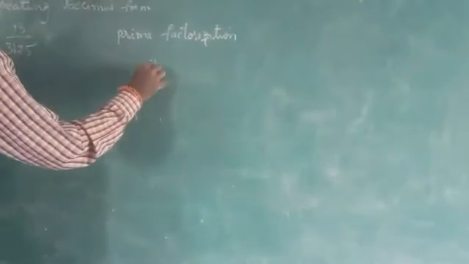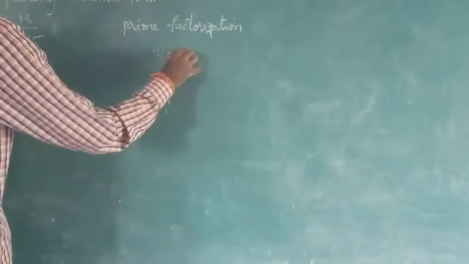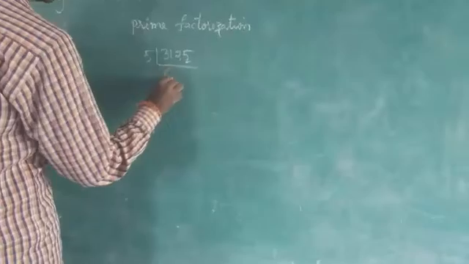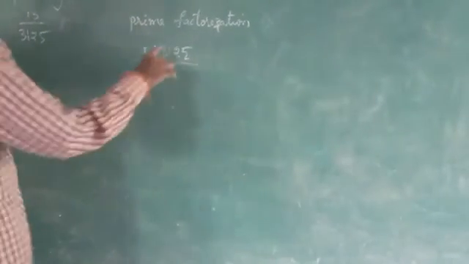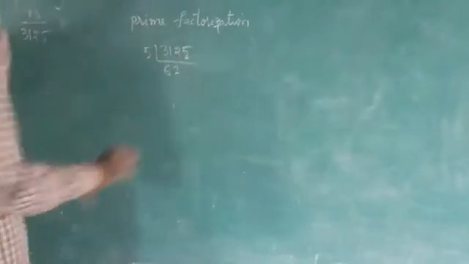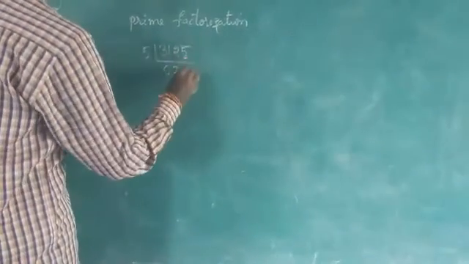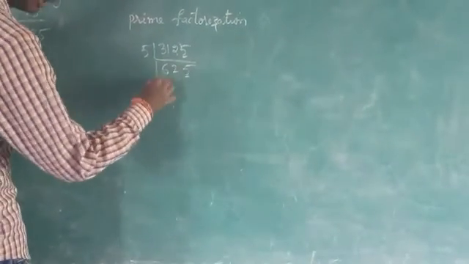So what is the area? 3120. What is the last digit? It is 5. So I would like to take the 5 table. So 5 6s are 30, 1 carry. So 5 2s are 10, then you will go for 25. So 5 5s are 20. Again, the last digit is 5, so we can take the 5 table again.